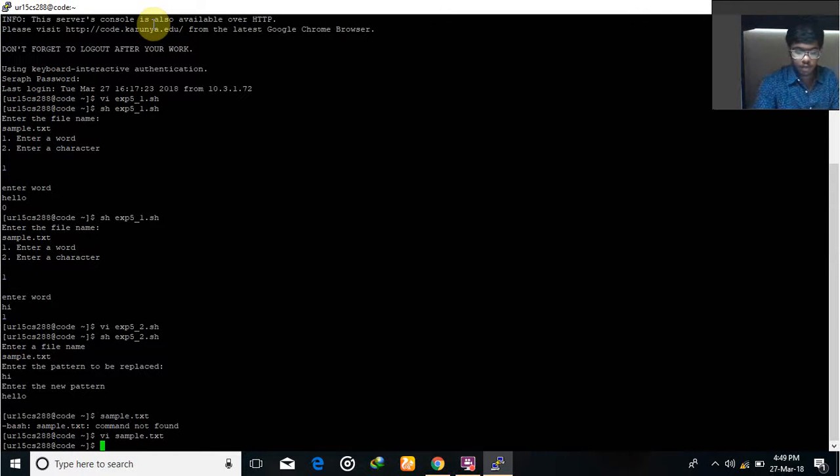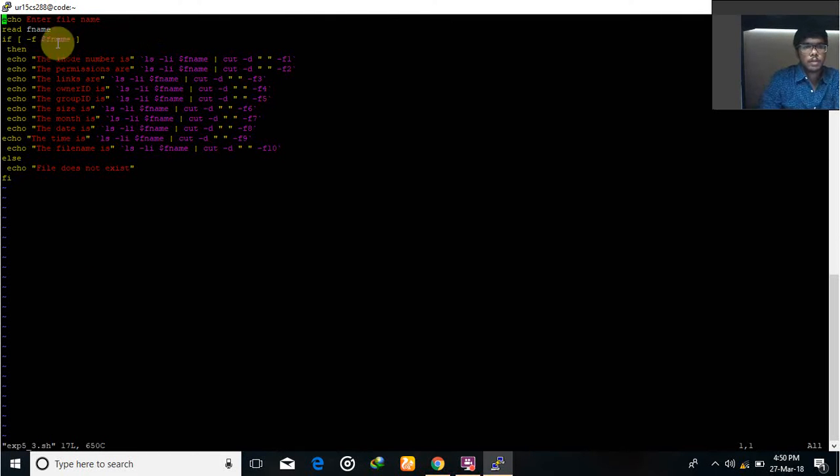I will show another program, which is about finding the inode number, the permissions, the owner ID and the group ID. For that, we will see the program. Here, I'm asked to enter the file name. It should display the inode number, permissions, links, owner ID, size, month and date. For that, I'm using ls -li, which takes the permissions and